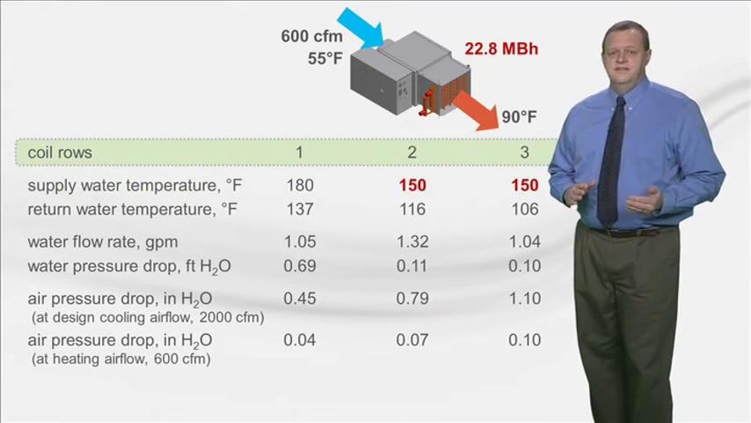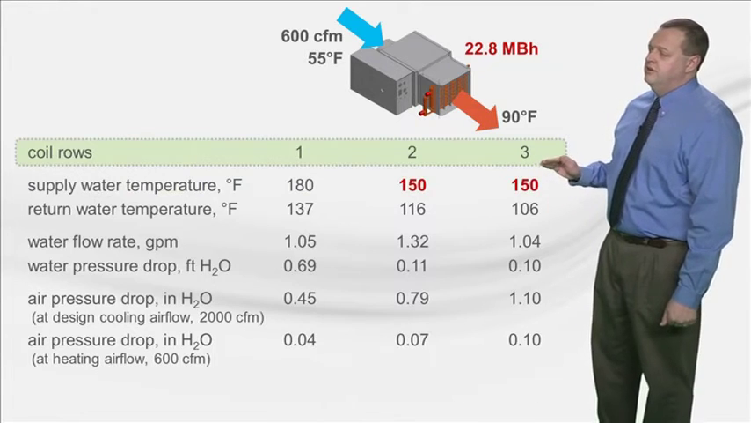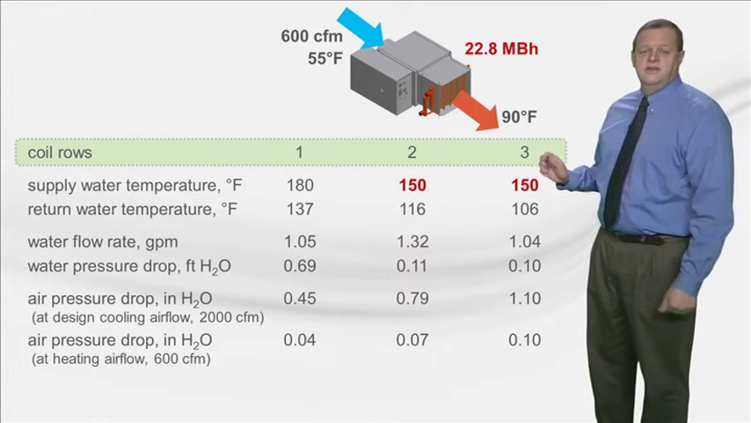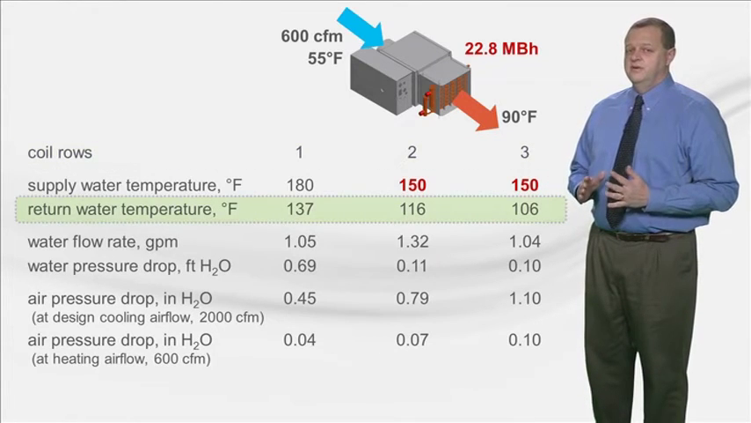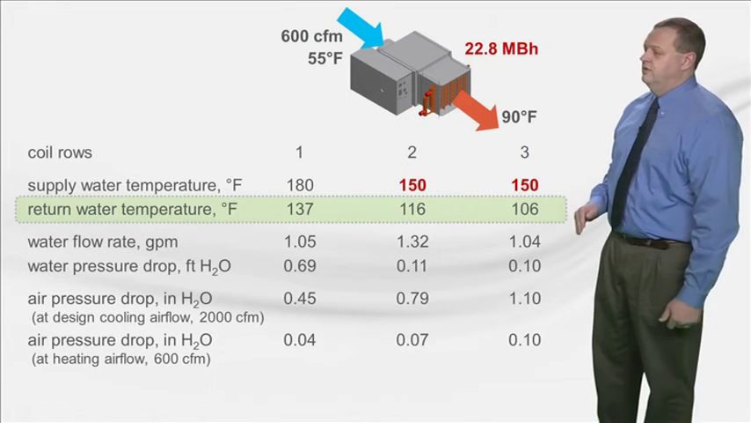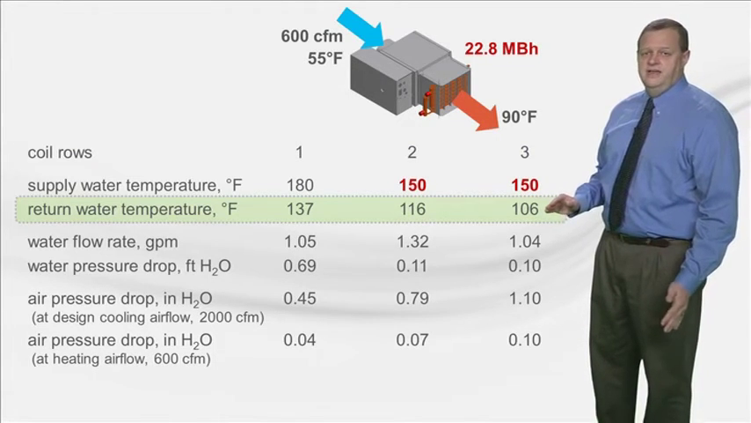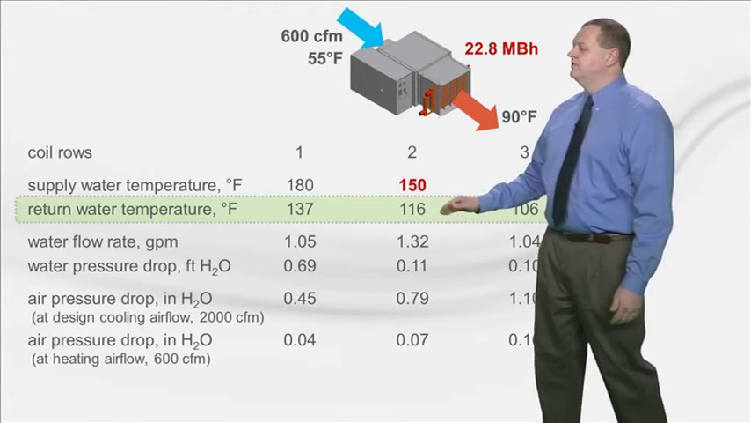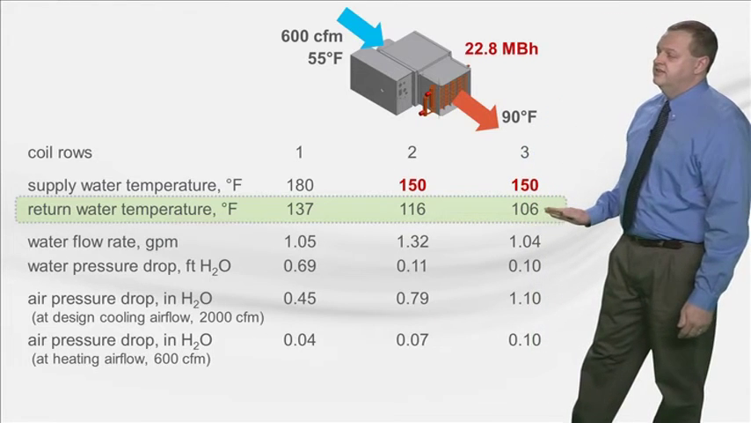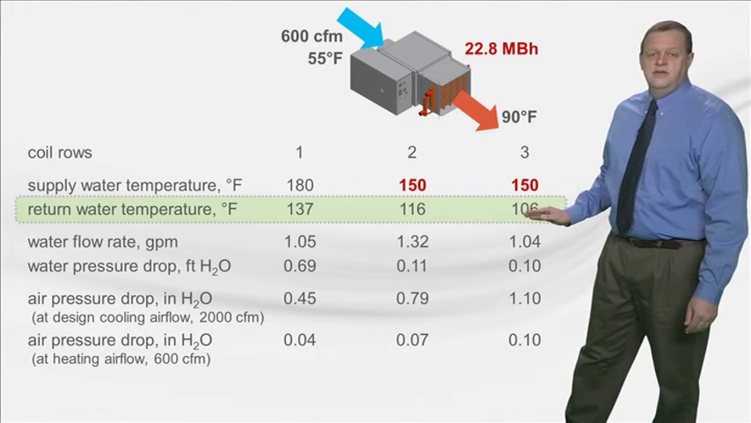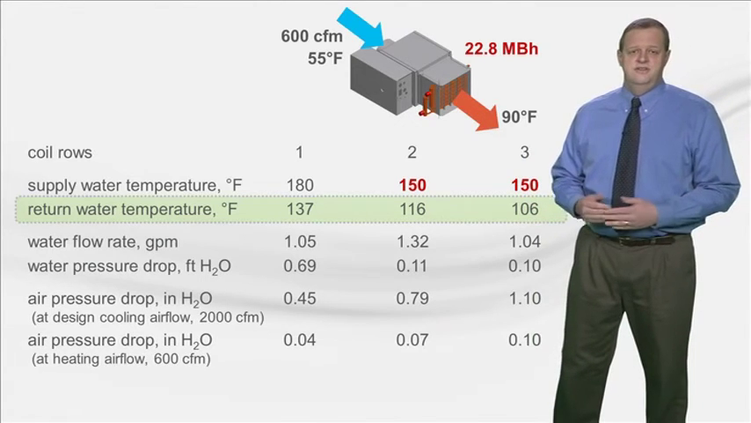Now, note that in order to deliver the same capacity, the coil selected for 150 degree supply water requires more than one row of tubes. Obviously, this increases the cost of the VAV terminal. However, using a lower supply temperature results in a lower return water temperature. In this example, with 150 degree supply, the temperature of the water returning to the boiler drops to 116 degrees when a 2-row coil is used, or 106 with a 3-row coil. As I mentioned, this is likely too low for a conventional boiler, but it's great for increasing the efficiency of